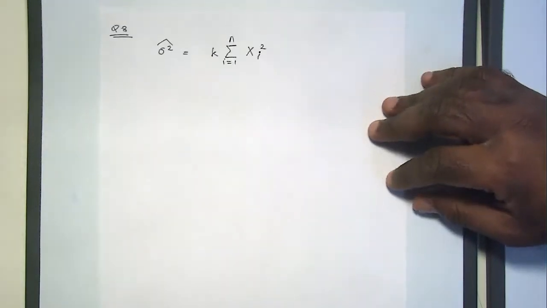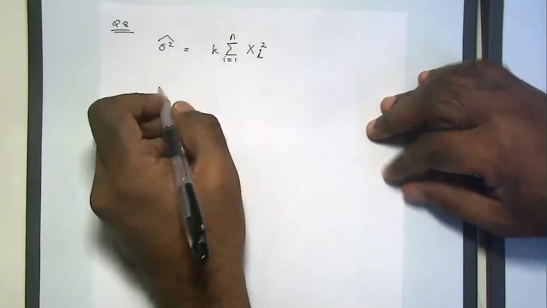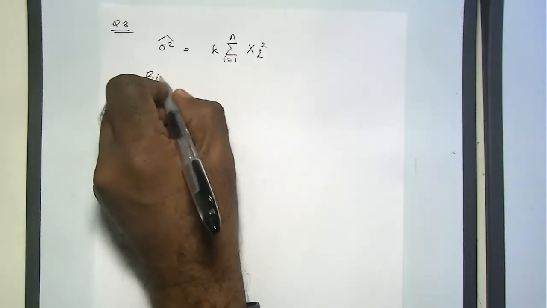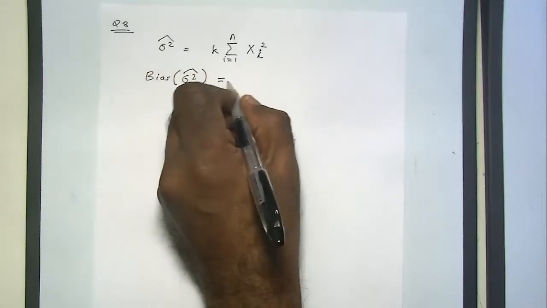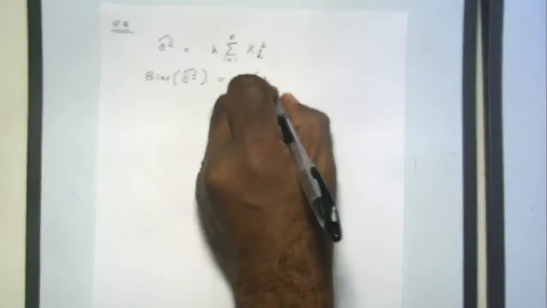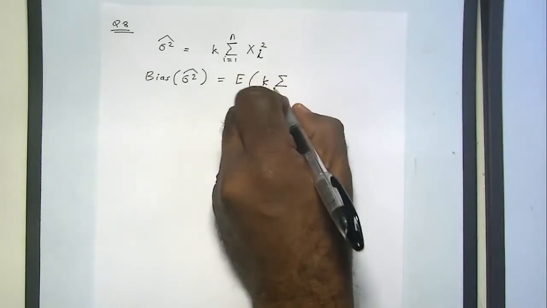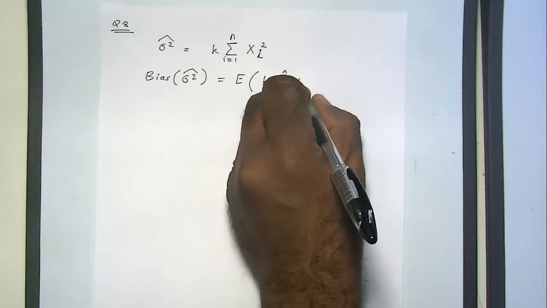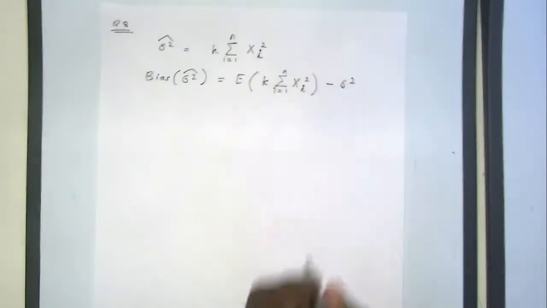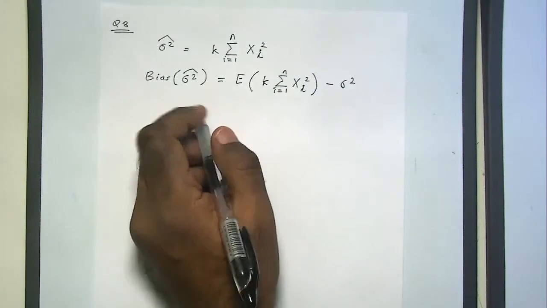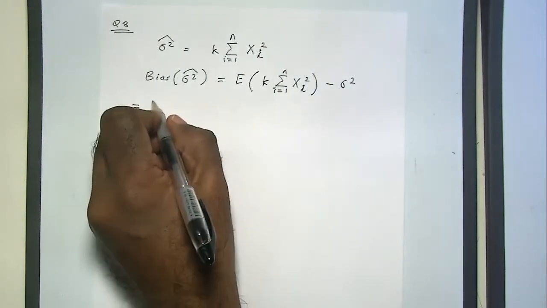Right, this is what you have. Okay, we need to find the k so that the bias is 0. So the bias, right, this is the bias. Okay, can you guys listen, please? Right, now this you can write as k